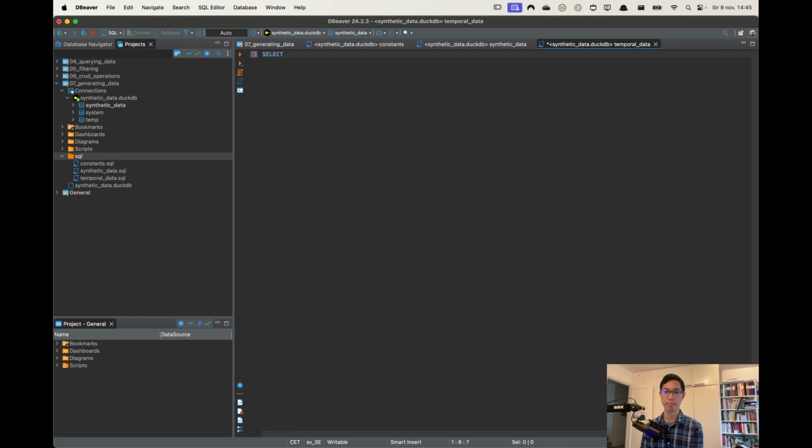So select star from generate series. Here I will generate series. We can generate numbers between 1 and something, or between two different numbers. However, we can also use a date. So we can use date 2024-11-01